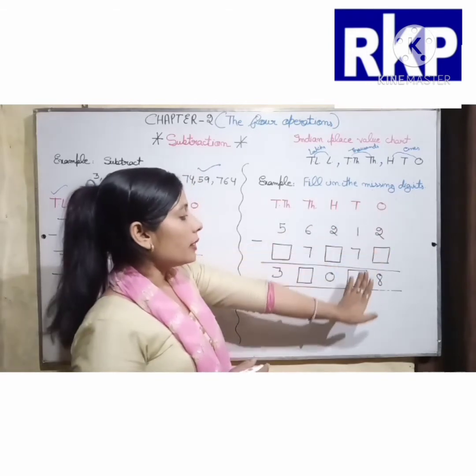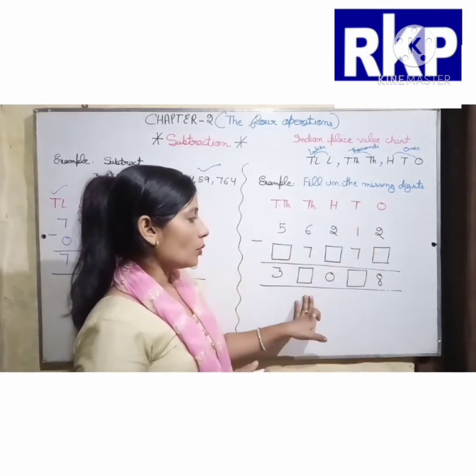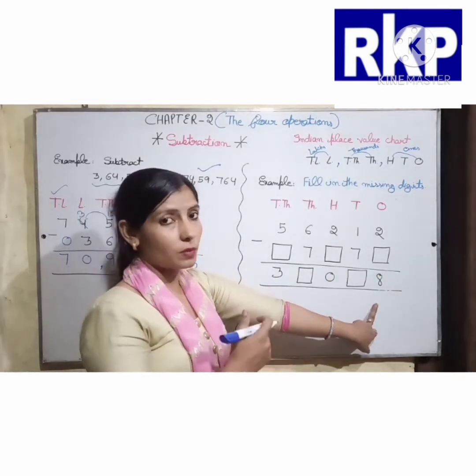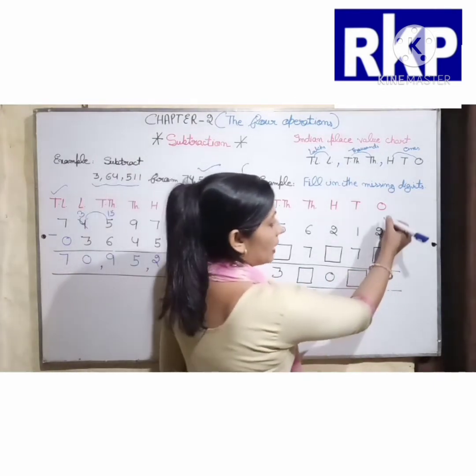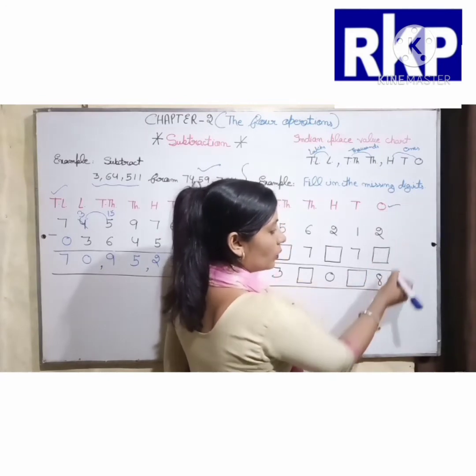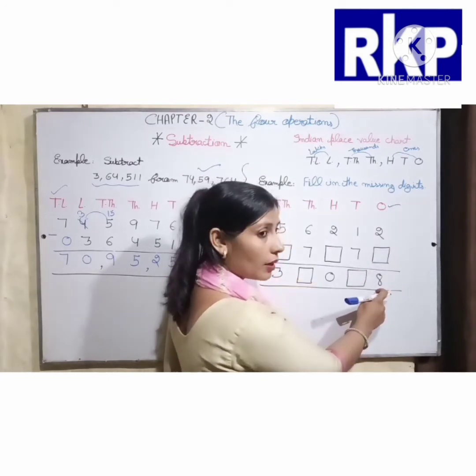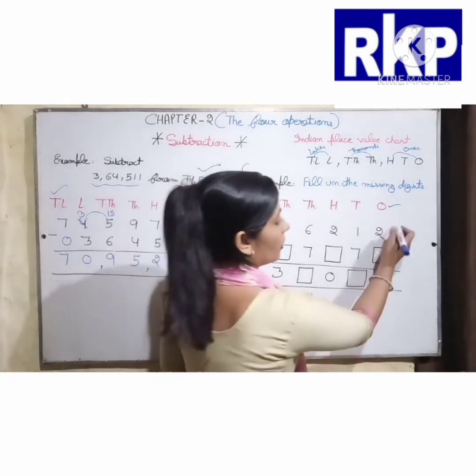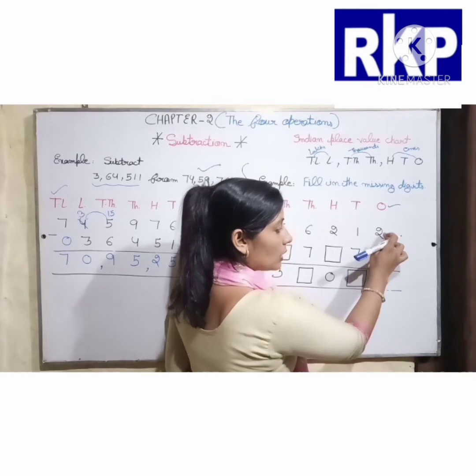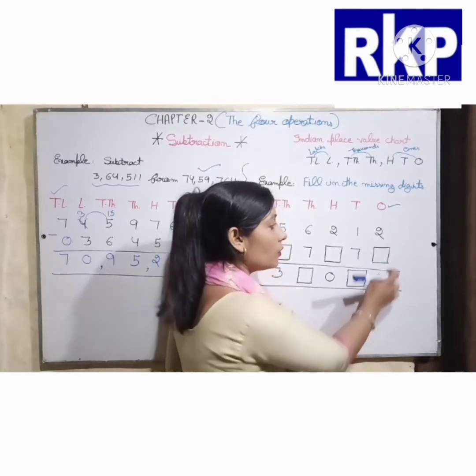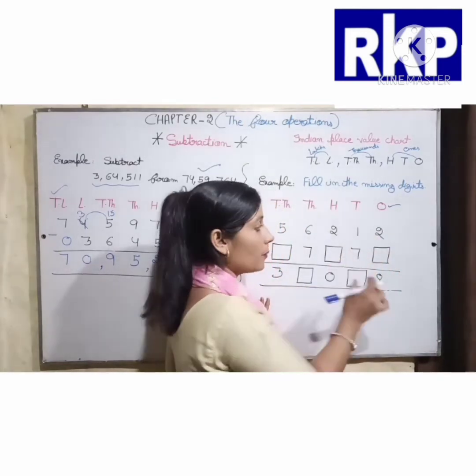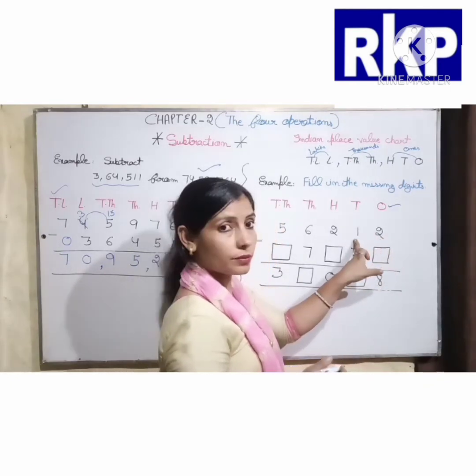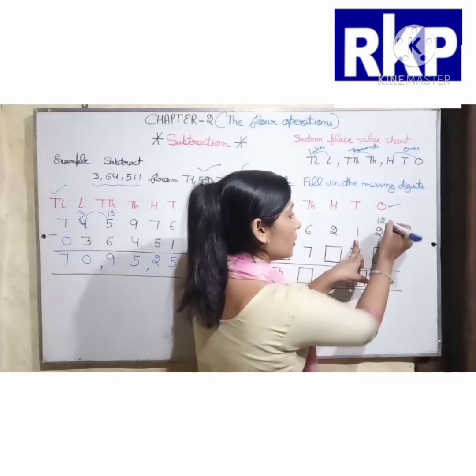Okay. Beta, like addition, in this also we have to start from right side, from ones place. Okay. Here you can see in ones column we have here 2 as a minuend and here we have 8 as a difference. Okay. So here we have 2 and we know 2 is smaller than 8. So here we need to borrow. Okay. So when 2 will borrow from 1, here will be 12.